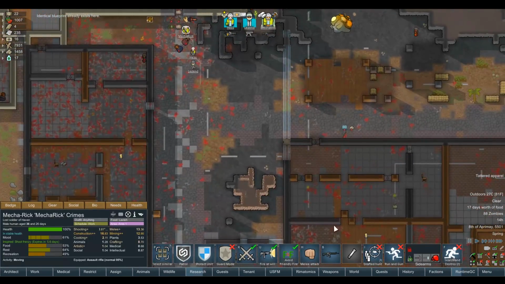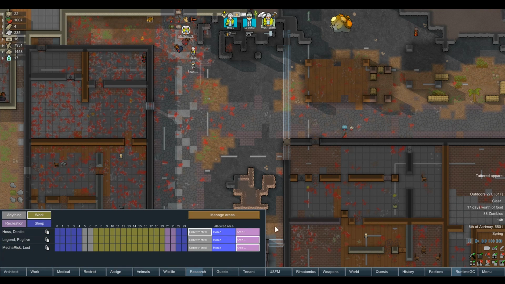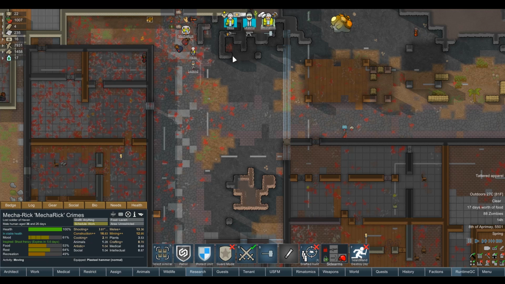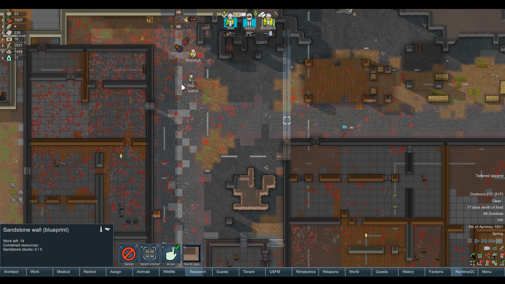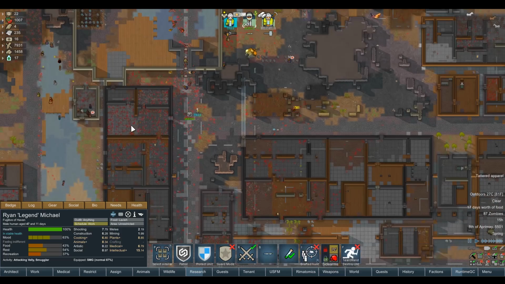So, Mecharic, you, my friend, are going to switch over to your sidearm. And you are going to have to sit here and... Okay, let's go unrestricted for the time being then. I've got to remember to put them back. You start working on all of these walls. Hess and Legend, they're just on guard duty. You've got to remember, these zombies do have slightly higher...